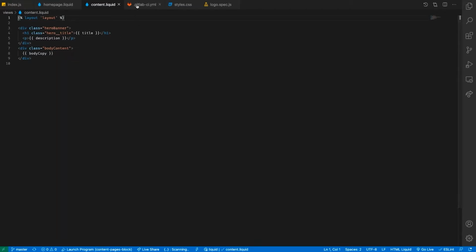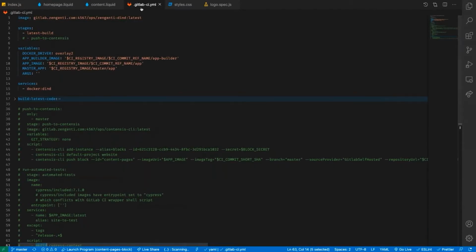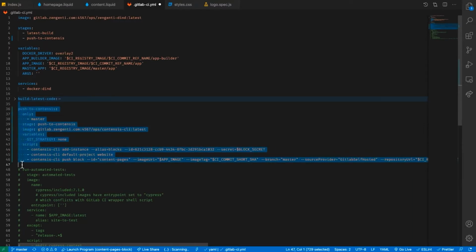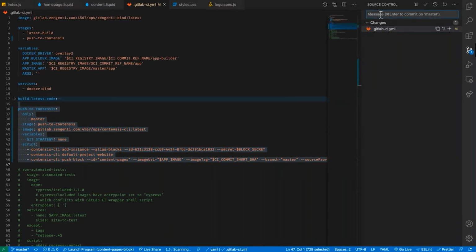So to do that, I'm going to go into my GitLab CI file. Now, this first stage here, the latest build, builds my Docker container. If I just uncomment these few lines here, what this config will do is take that Docker container, push it to Contensis, and create a block. So if I just say push to Contensis,